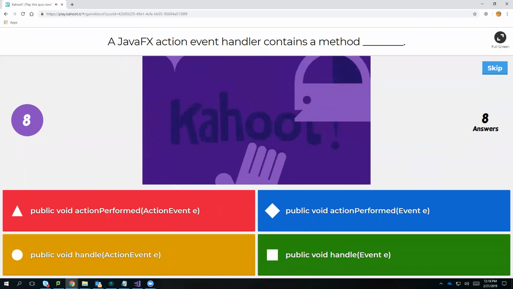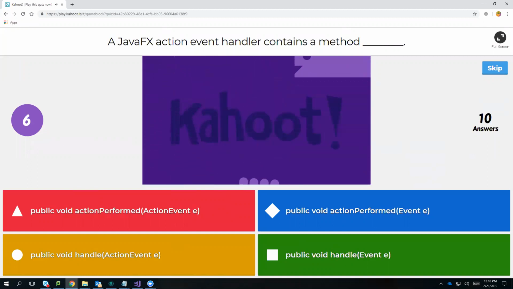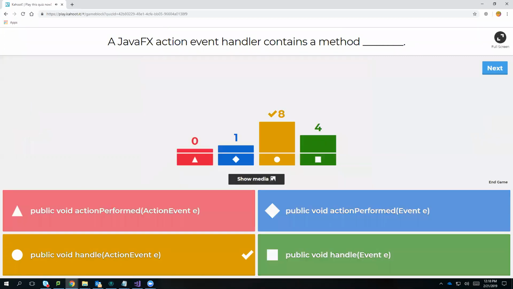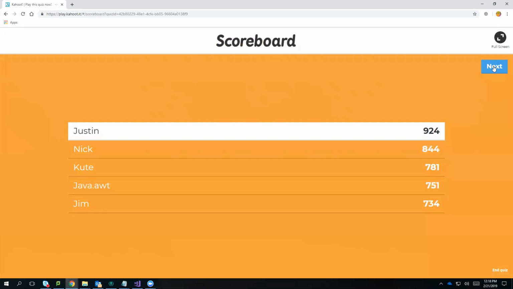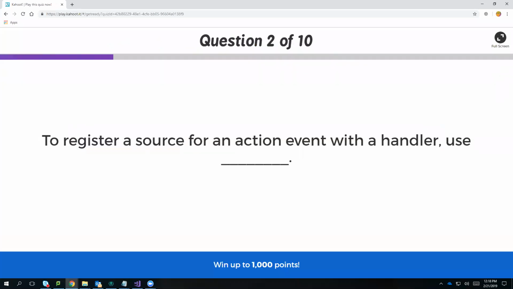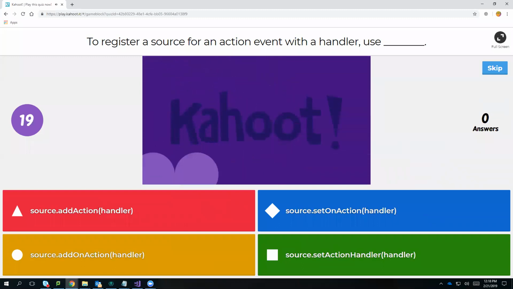Huh? No, you can't change it. I don't think you can. It's like HQ, you're just stuck. That was pretty good. Pretty impressive. To register a source for an action event with a handler, use